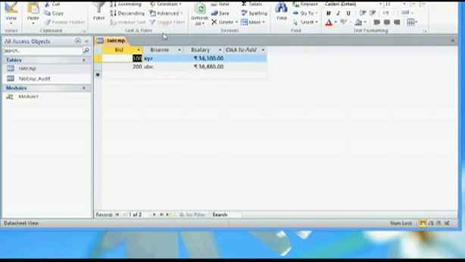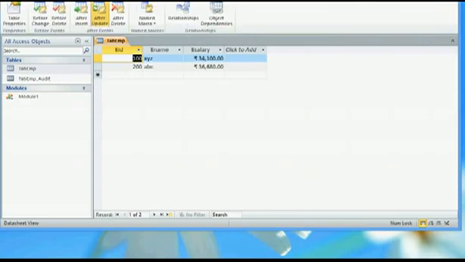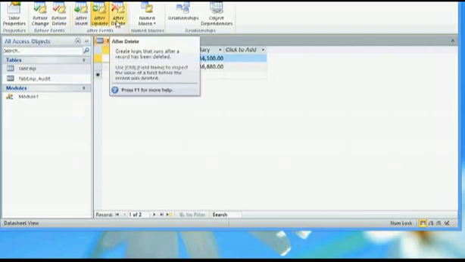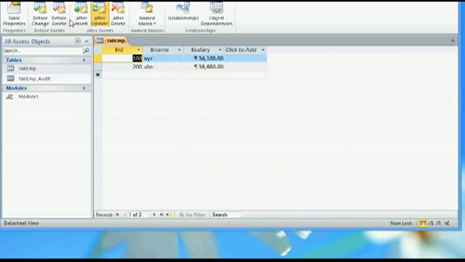and when I open this table, I can see another tab here saying table. Here I have different options like before change, before delete, after insert, after update, after delete. These things we already saw in form level.